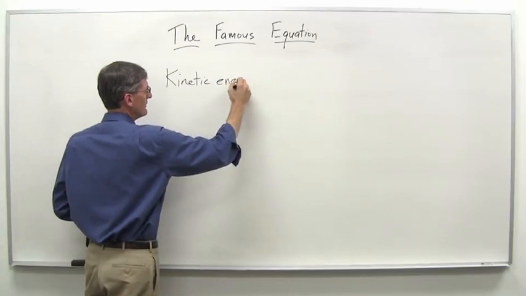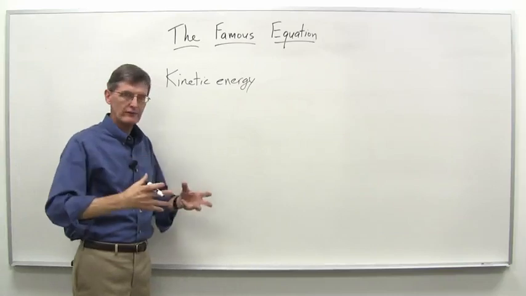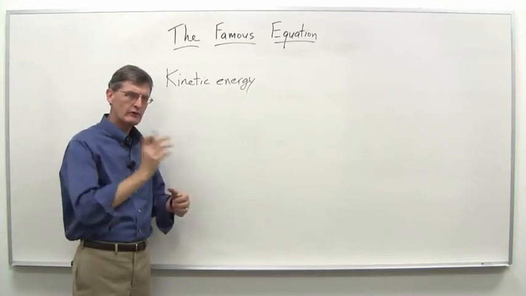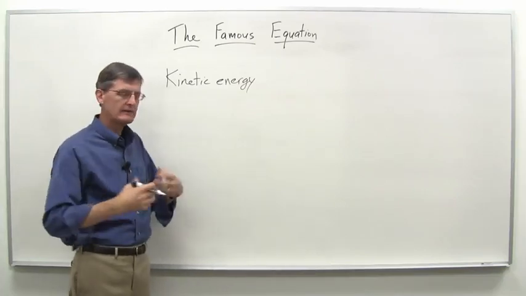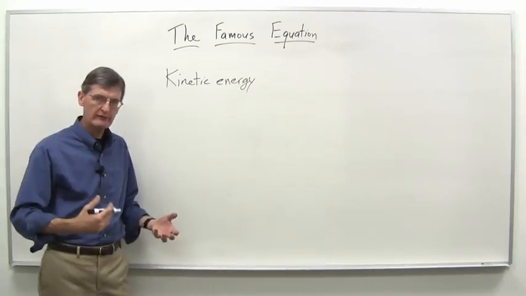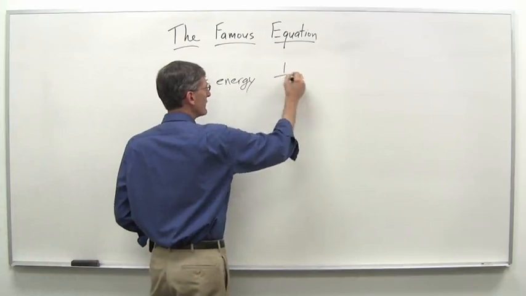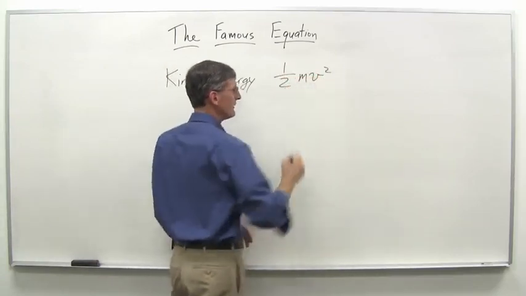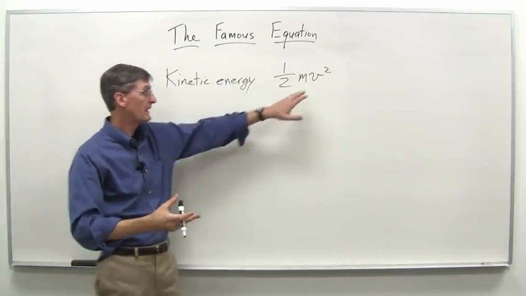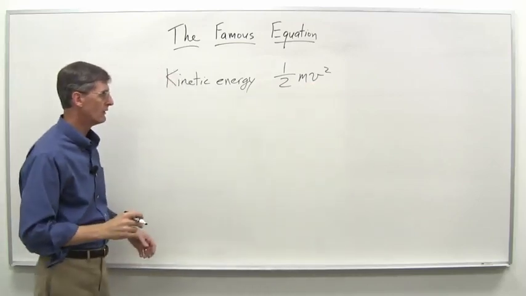All the way back in the early 1700s, scientists, they weren't really scientists at that time, they were called natural philosophers, were investigating how objects move and collisions and things like that, and had identified a certain quantity that seemed to be very important. And over time, in the 1700s into the 1800s, this quantity came to be known as kinetic energy and had the form of 1/2 mv squared, where m is a mass. So you could imagine a particle, a ball, tennis ball, something like that, mass. And then v is velocity. Okay, so we're not talking relativity here. We're just talking everyday type of velocities.